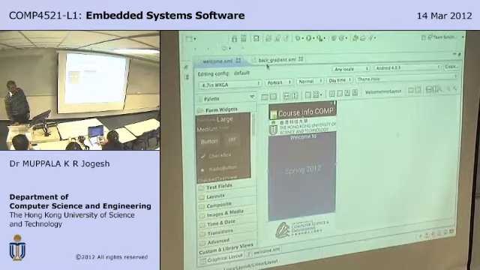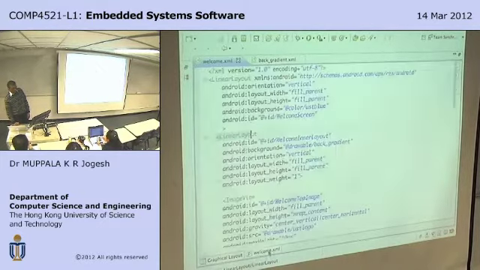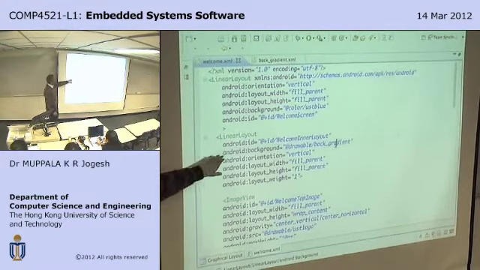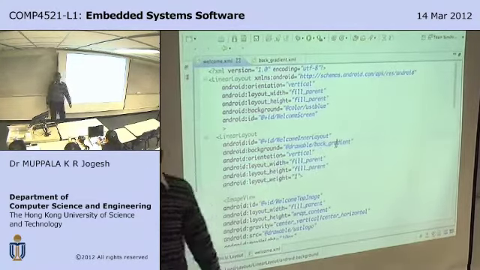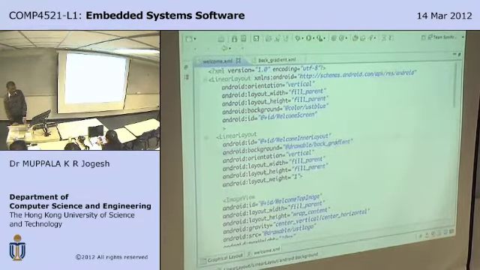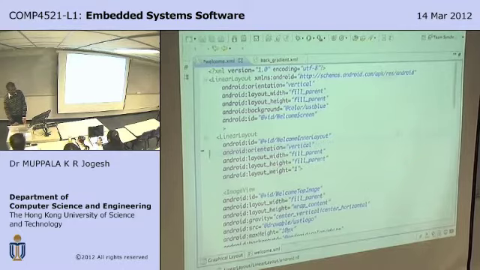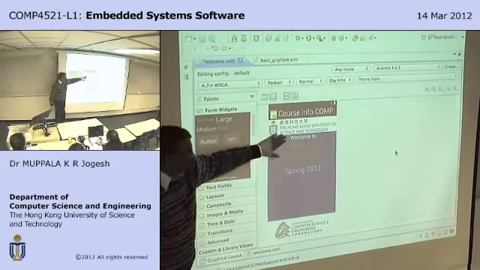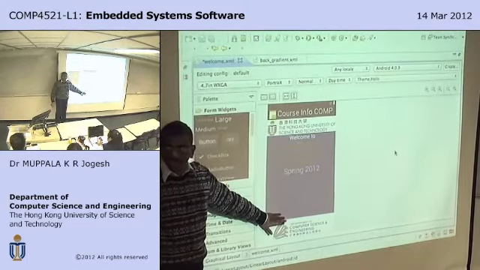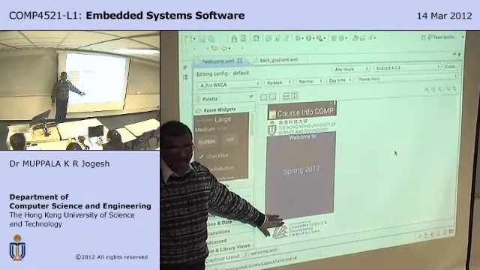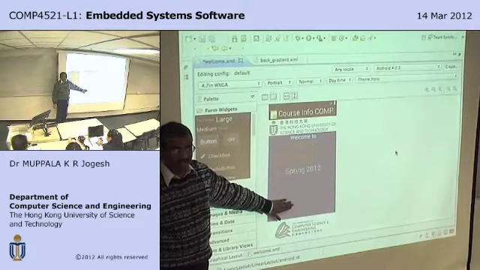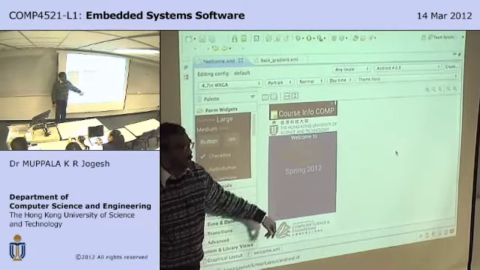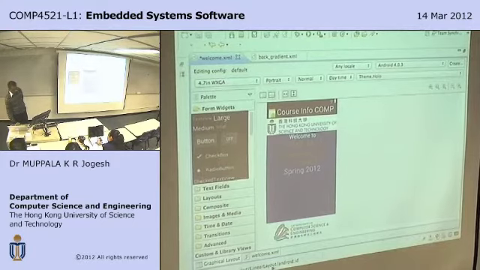Okay, we can change some things in the linear layout. As you see, in this particular case, for this linear layout, I have declared this background as drawable back gradient. If I remove that, then you would see the corresponding graphical layout. Can you notice that the screen is a single solid color here? Can you see the difference? The screen is a single solid blue color here. Now, if I include that particular back gradient,